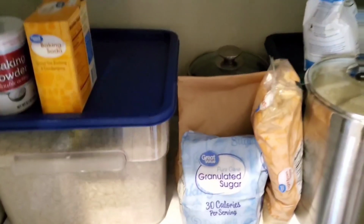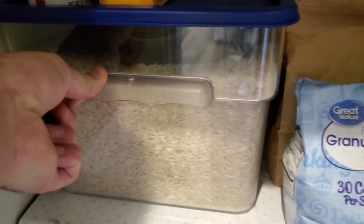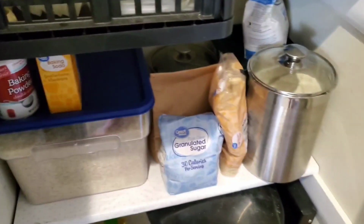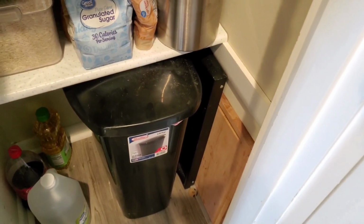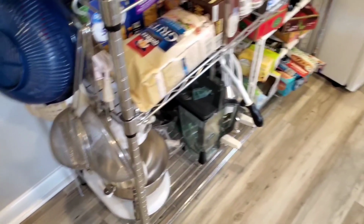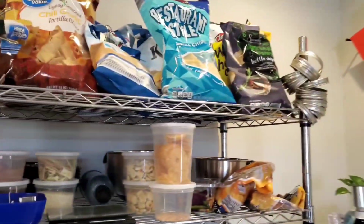Although we did get, on that Webstaurant website, these awesome giant containers. So this is all of our rice. We just buy a giant sack and throw it all in there. Grab it as we use it. And I got my trash can down here. I like having a large trash can with a lid that covers everything so we don't have to change the trash as often. That's less work and fewer trash bags. But getting this Metro rack in here was a huge...